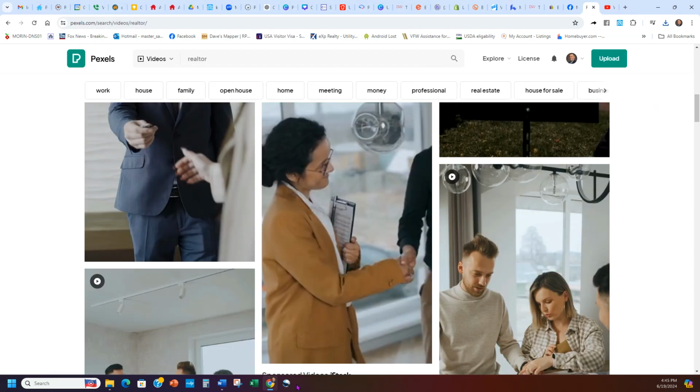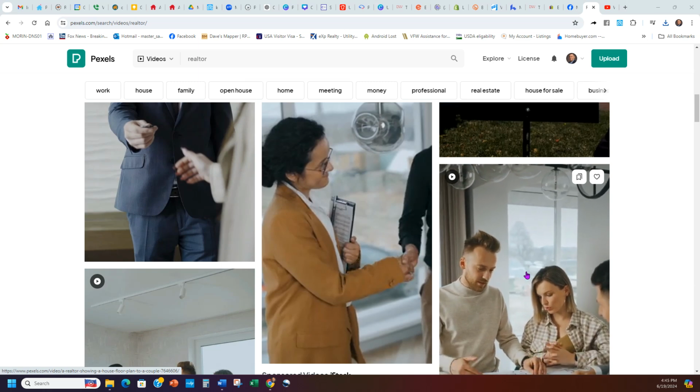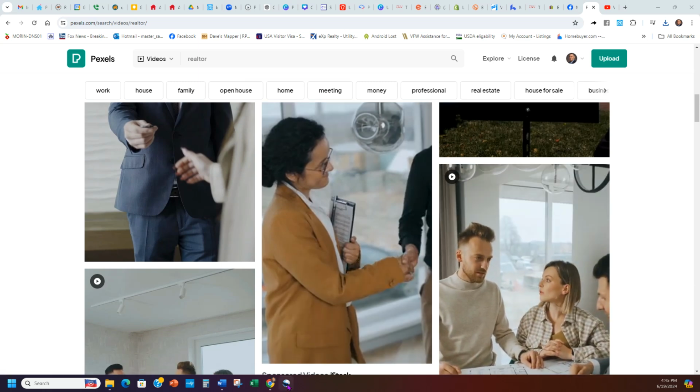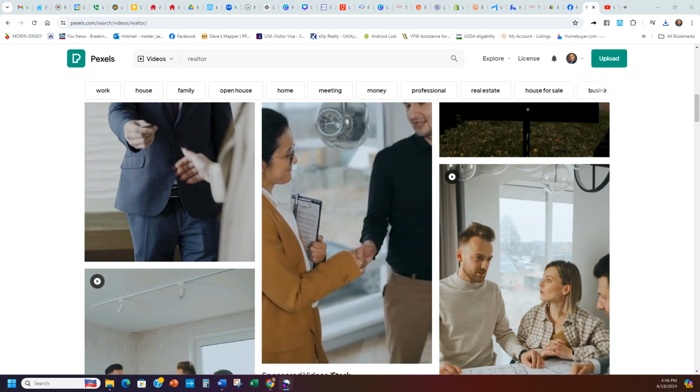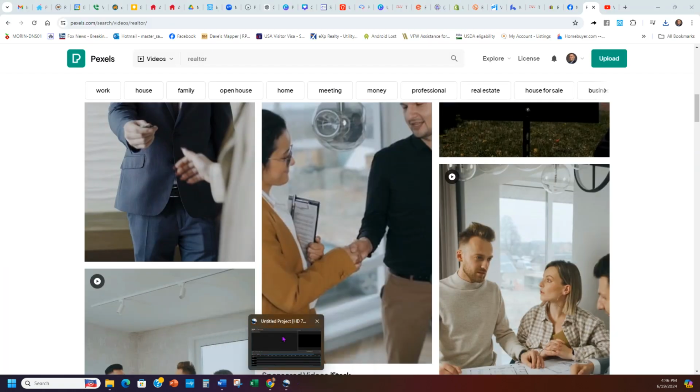Now, once you have all the videos, you want to be able to upload them together and put them all in the same place and build them all at the same time. So the way that I like to do that, see if my computer will let me here, is I use OpenShot. See if it's going to let me pull it over here. This is a free video editor, as you can see. And then all I do here